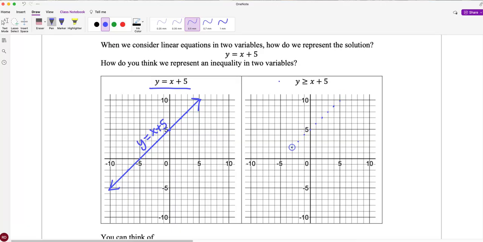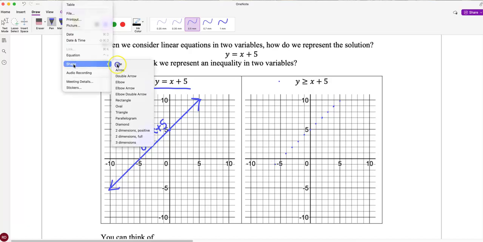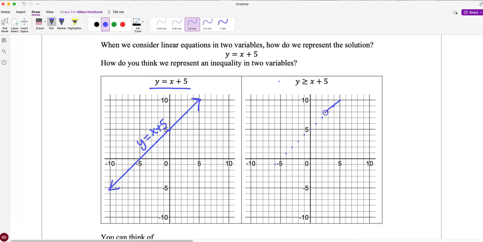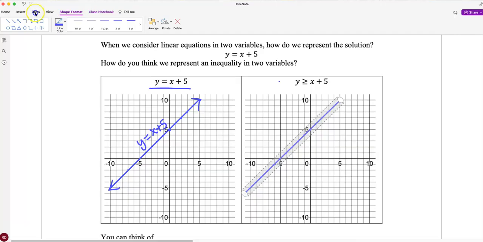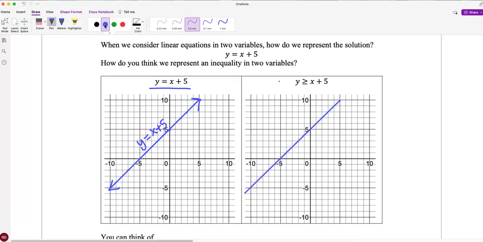like so. So if I graph my line again, like so. So this is the line y equals x plus 5. So every point on that line, the y value is exactly equal to x plus 5. Let's pick a point like right here. If I pick this point right here, negative 5, 5,